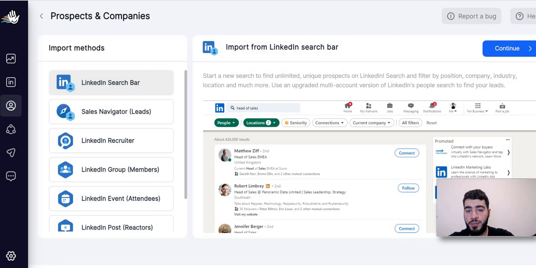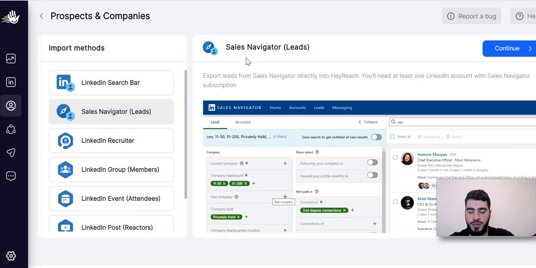The next step, in order to create this type of campaign, is you need to build a list. There are multiple ways you can build this list. First, you can just use the regular LinkedIn search bar, add your filters, whatever you need. For example, your prospects are based in the UK, let's say. You pick this filter and then you add a keyword and so on. Also, you can use Sales Navigator,